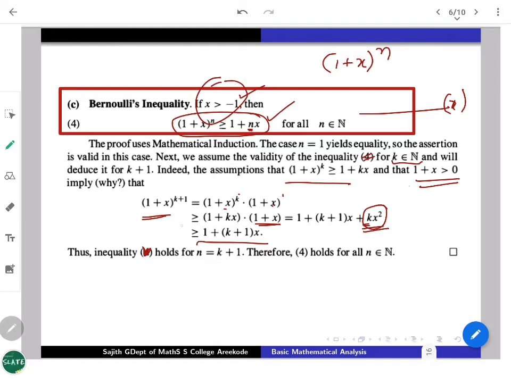So what happens is you will be getting 1 plus x to the power k plus 1. You can conclude that it is greater than or equal to 1 plus k plus 1 times x. Right? So star holds for n equals k plus 1 also, which says by induction the proof works well. Bernoulli's inequality is another useful inequality which you are going to use. Arithmetico-geometrico is another connection. Now with all these things we can look at a more fundamental way of looking at the order structure, how it behaves, and try to attack the notion of geometry on the real line.